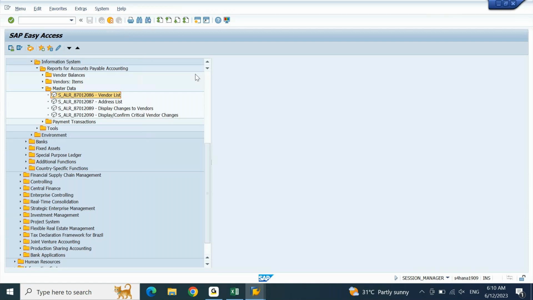In your interview, people might ask you, what are the SAP standard reports? Then you tell a single three-letter answer, ALR reports. Because most of your SAP standard reports will contain this ALR text in it. So that is why even in real time we call it ALR standard report. First, let us click on this vendor list. If I double click on this